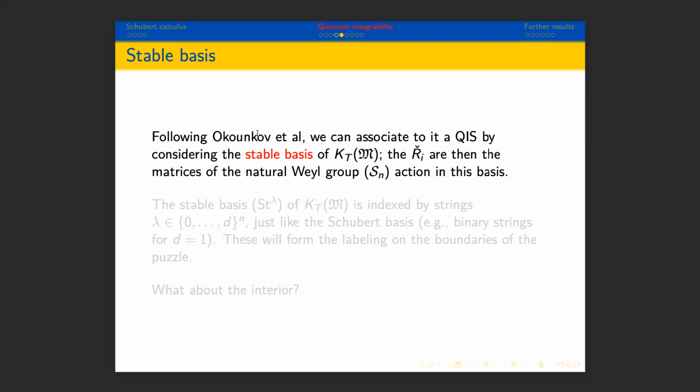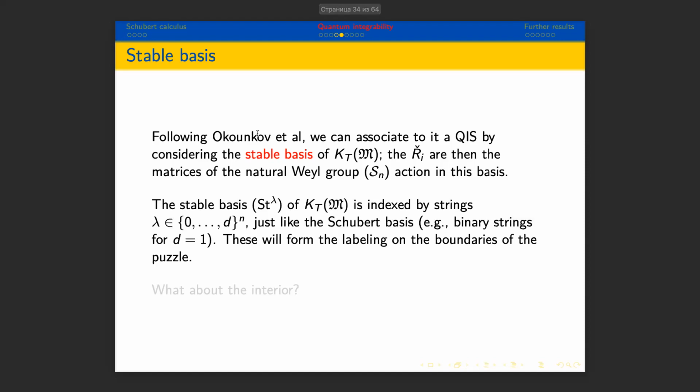Now you might say, oh, but why do we need this new basis? We already have the Schubert basis, which is the one we like in cohomology. You should really think of this stable basis, in the case of cotangent bundles of the flag varieties, as being some kind of q-deformation of the Schubert basis. So it's very similar in some sense to the Schubert basis. This statement can be made more precise. In particular,